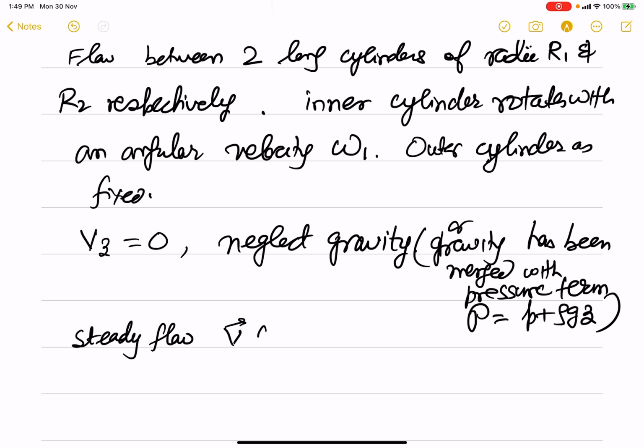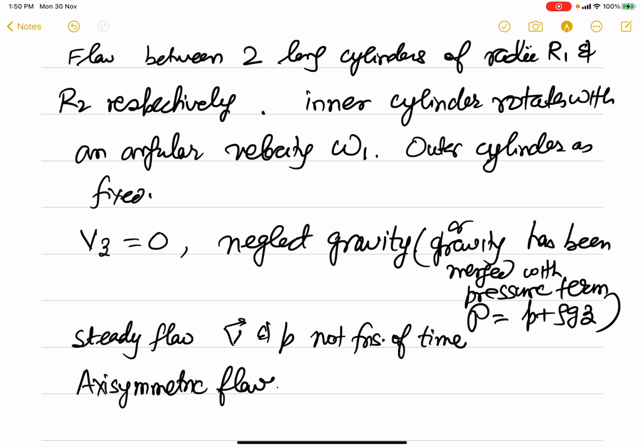Okay. Now, as a part of this problem, we also specify that it is steady flow with velocity and pressure not functions of time. And then we also specify that this is axisymmetric flow. If you look at the flow, there is nothing which should change with theta. And we also say that pressure distribution in this case